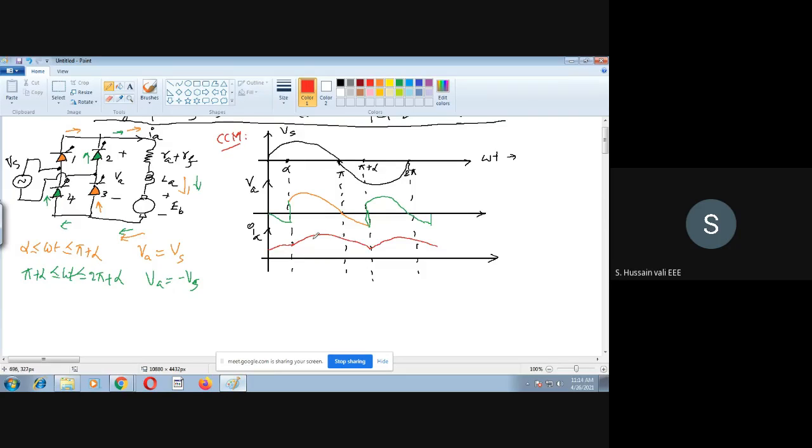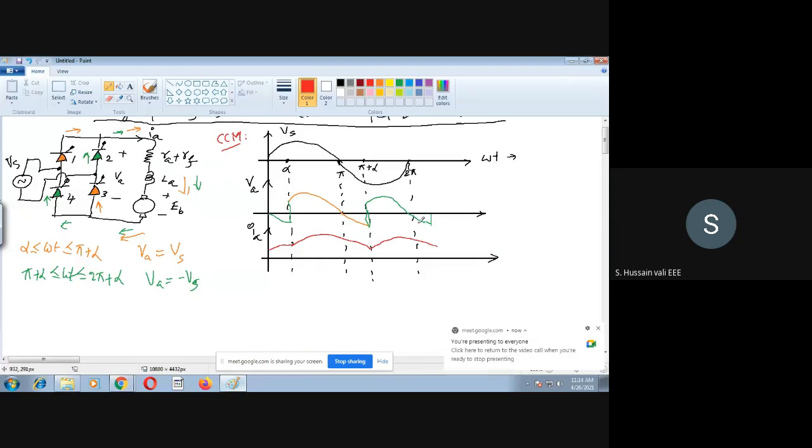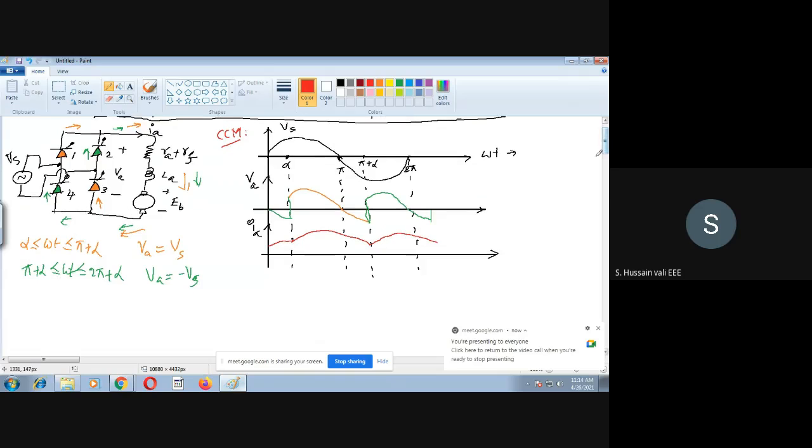So with this, now we will derive the expression for the output voltage. Okay. So now you see what is the expression for the output voltage. You will find out here that VA, the average value, is equal to 1 by time period. Here the time period is pi. Integration alpha to pi plus alpha I will write. Okay, it's better I write alpha to pi plus alpha.